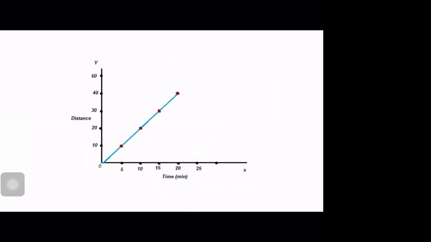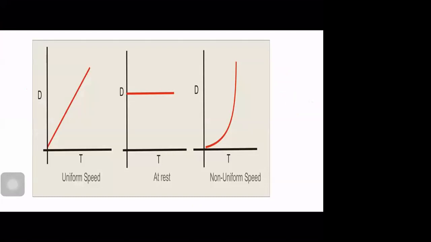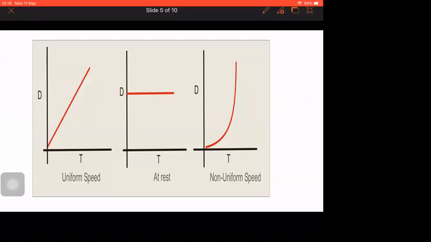So this is the distance time graph for uniform motion. Now comes the very, very important part for MCQs. These are the distance time graphs for different objects. See the first case. This is the graph which we have seen now: distance time graph at uniform speed, meaning uniform motion. This is the graph which we drew just now, when an object is moving with uniform motion or uniform speed.